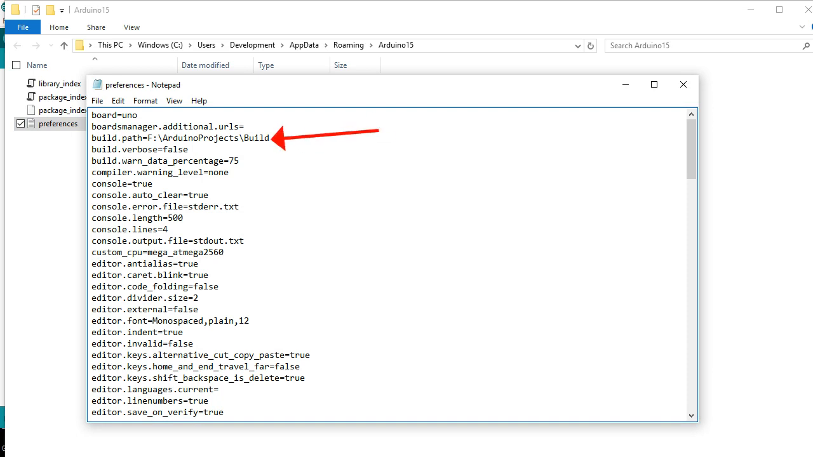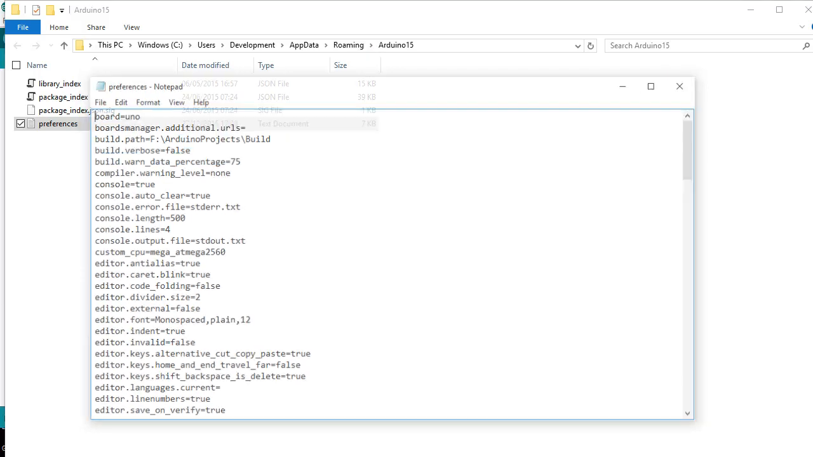I have a line here that says the build path. I have F drive, Arduino projects and build. If you don't see this line, you can add a line like this. This is telling the IDE where to keep the compiled hex files. If you don't specify this, the hex files are probably created somewhere in your user profile. So I do that, I keep everything in one place. If you go to that Arduino build folder,